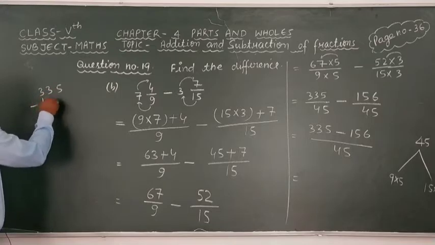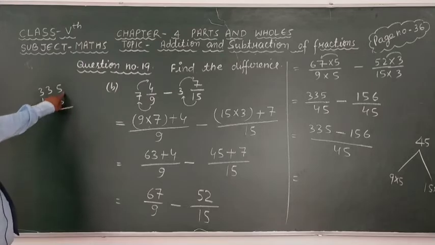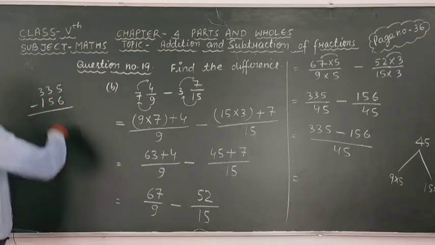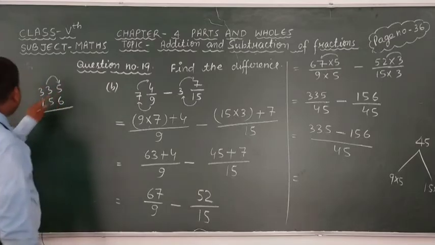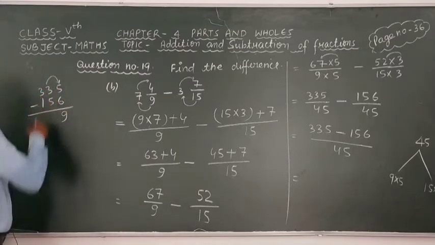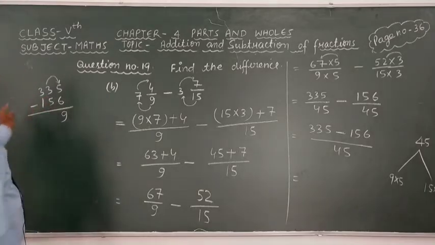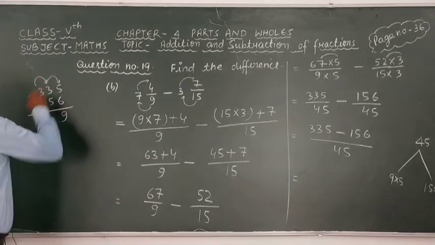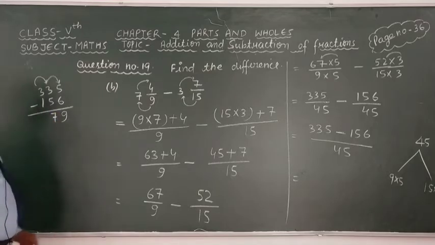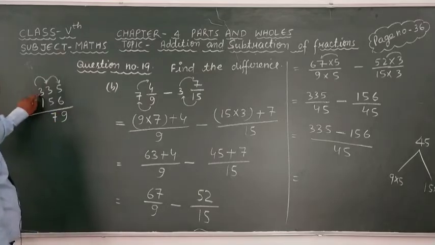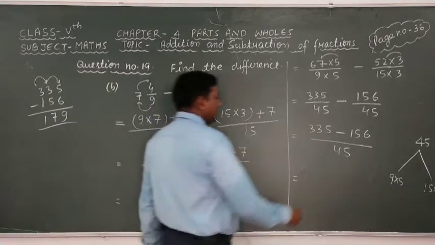335 minus 156. Okay, since look here given that 5 and here 6, we know that 5 is less than 6, therefore we can take one borrow from this 3 and this 5 makes 15. 15 minus 6 is 9. Here we get 2 in place of 3. Here we get 2, and we know that 2 is less than 5, therefore we can take one borrow from this 3 and this 2 makes 12. 12 minus 5 is 7. Okay, and here we get 2 in place of 3. 2 minus 1 is 1. Okay, after subtracting these we get